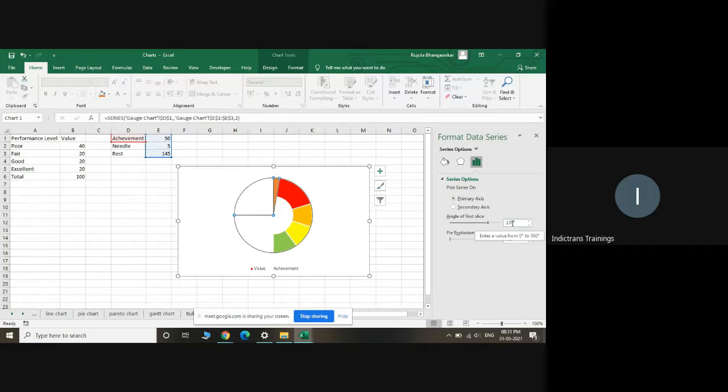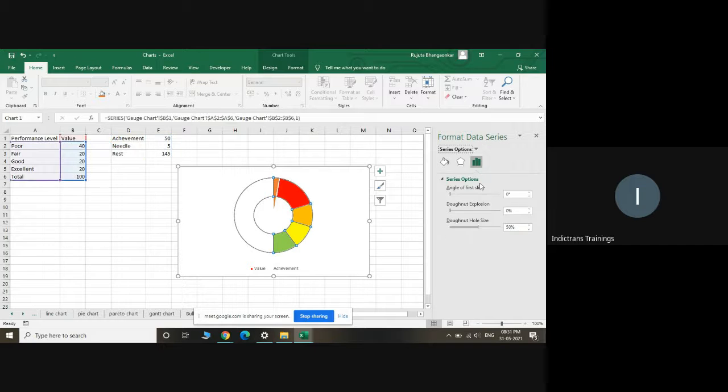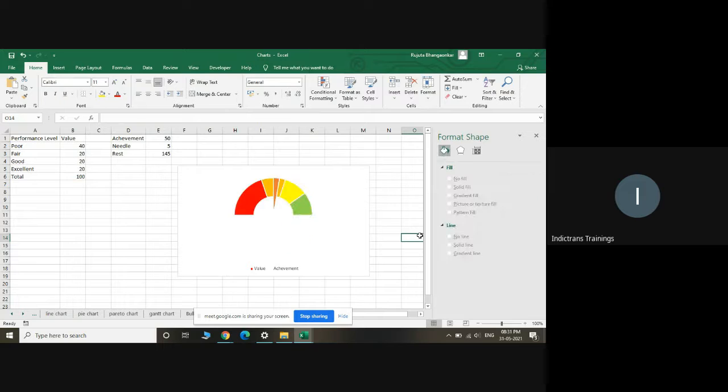Okay, just click on the series options there. Below format data series, just click on series options and say series value. Second last. Yes, and that 0 degree you make it 270. Press enter, and now you got it.